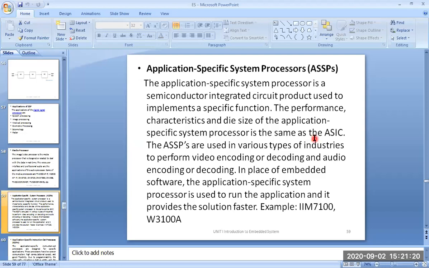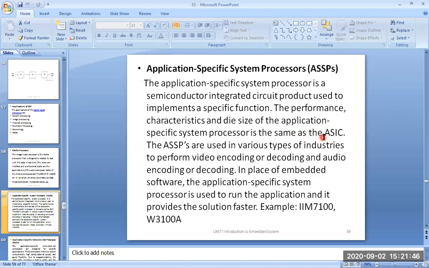I'm giving out the possibilities. If you want to calculate the Fourier transform, you can use a general purpose processor, or you can use a DSP processor, a more specific processor in which you have multipliers, adders, and accumulators. These accumulator circuits may not be found in general purpose processors.